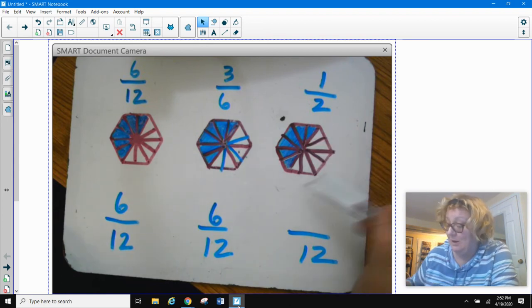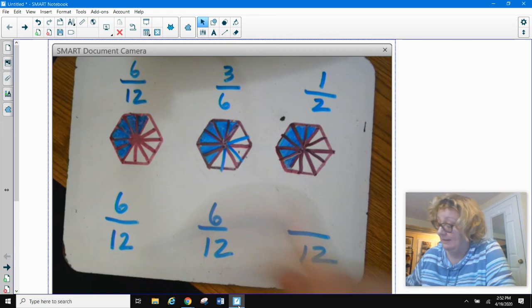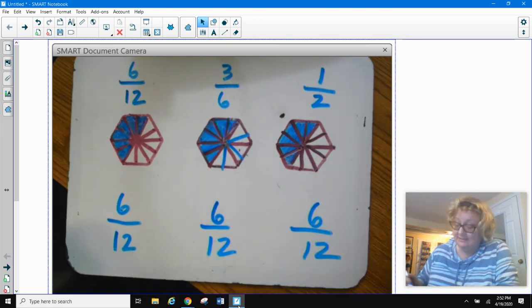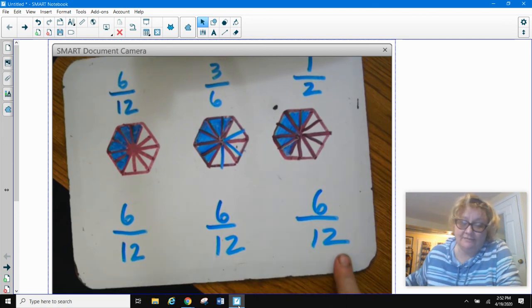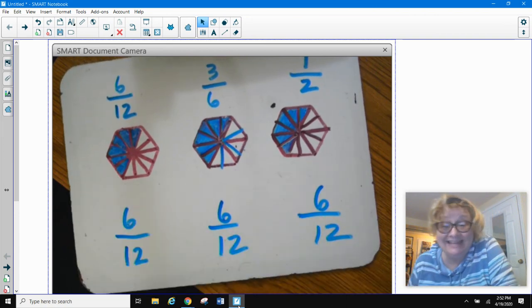We now have 12 parts. We now have them colored. There are 6 equal sections. And voila, we have 6/12, 6/12, 6/12. So this is the beginning introduction on how to cut your visual